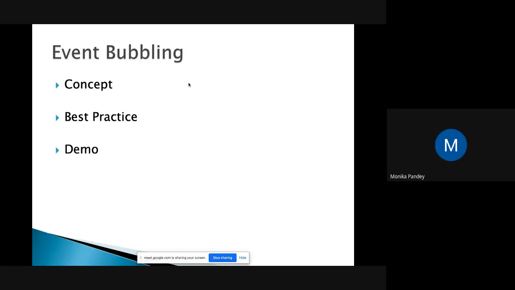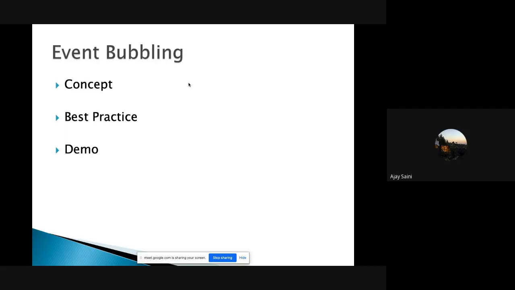I don't know. Maybe Dinesh knows. Okay. Event bubbling is something very similar to when you boil water, right? You can see bubbles coming from down to up. The same way in LWC also. If you have more than one component and you want to communicate with each component in some sequence, in that case you can define this event bubbling. So maybe if you want to contact from component 1 to 2, then 2 to 3, that way when we want to communicate we can define these bubblings.